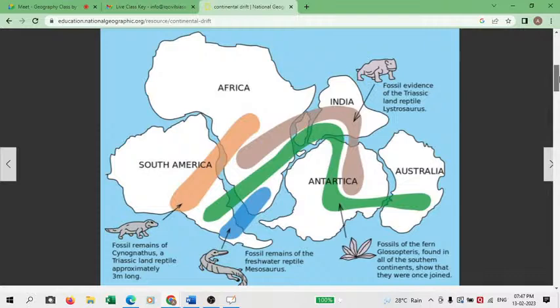Now once it is found correct, Alfred Wegener had the strong point that if it is found in South America and also in Africa, and you say, he told the critics, that the continents were not together, then how can this animal float across the ocean and reach the other continent? That is also not possible. So in a way, Alfred Wegener was right. Alfred Wegener was right in the fact that they were joined together, and that's why the population could be found in both the continents.